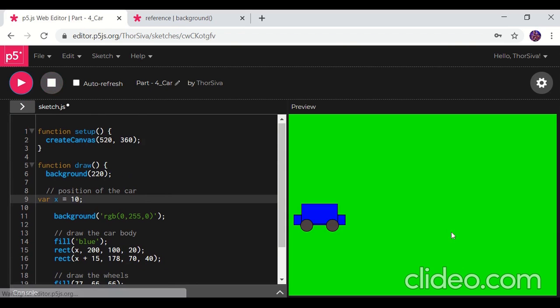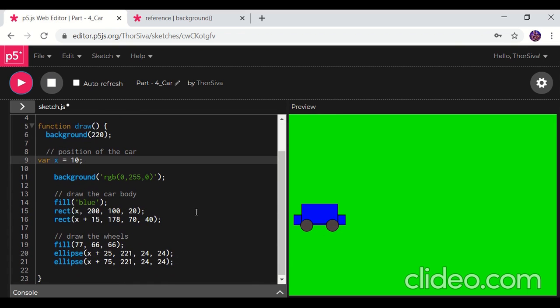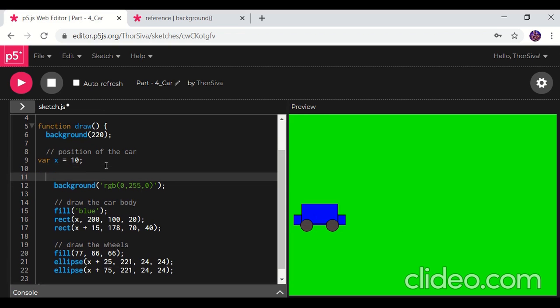So today I have this beautiful car, and today's topic is animation. Yeah, you heard it correct. It is animation. Now I have drawn the car and the background and all. Now I want this car to move around my canvas, like it has to travel the way it goes on the road. For writing an animation, we need to write draw